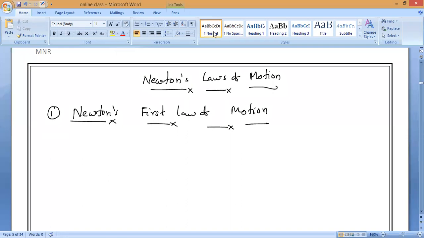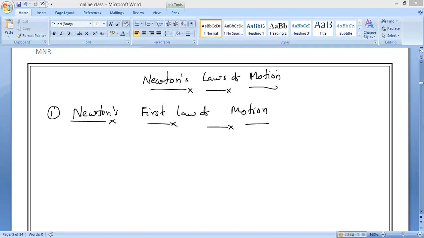Sir, if there is no external force, the body which is at rest will remain at rest, sir. And the body which is in uniform motion will keep on moving, sir. That is the conclusion we made from Galileo's inclined plane experiment. Is it yes, guys? Please respond. I told you to do the inclined plane experiment. Have you done it, guys? Have you tried with your brother or sister at home? If you have not tried, today after reaching home, please try.